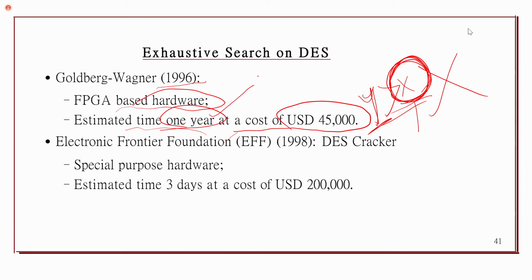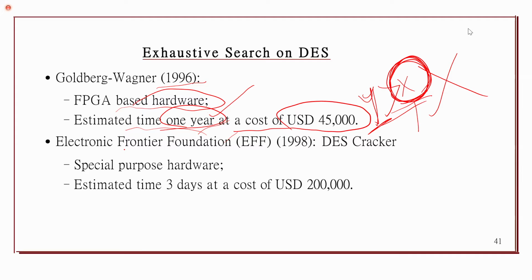And also the time. The second constraint is time, because sometimes the data transmitted between the sender and receiver will be valid for a certain amount of time, isn't it? Like some OTPs will be valid for a certain amount of time. So if the cryptanalyst is trying to obtain the plain text after 1 year, is there any use? Suppose the validity of the message is only 6 months, is there any use? Nothing, right?